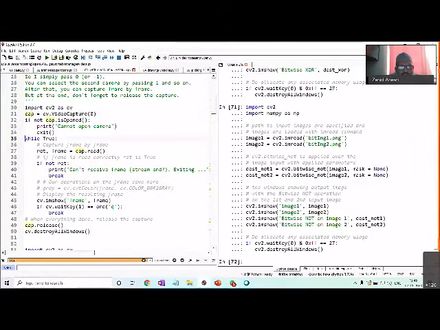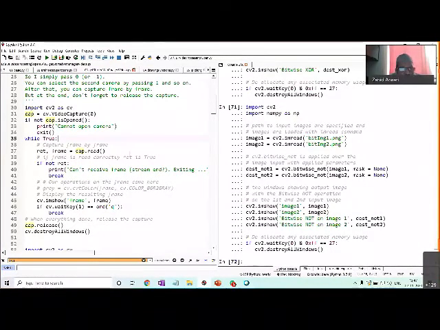You see there is a loop over here, while True, which is an infinite loop that will always be true. Whatever stream we are capturing through our camera, we want to read it frame by frame. For that, there is a read method on the captured video object. So cap.read gives us the frame, and it gives the return value also. We can check the return value, and if it is not returned, we can give the message that we can't receive the frame. Some problem is there in receiving the frame.